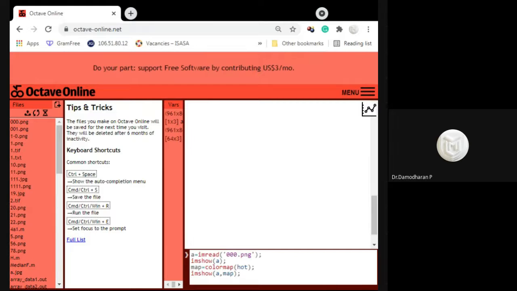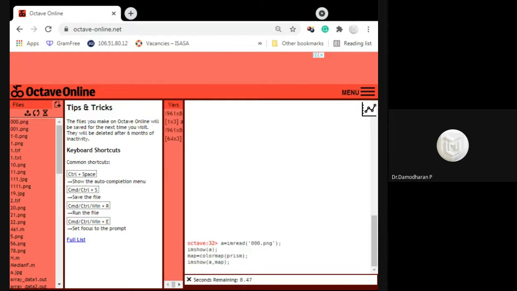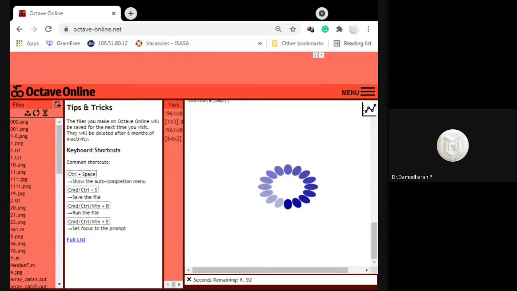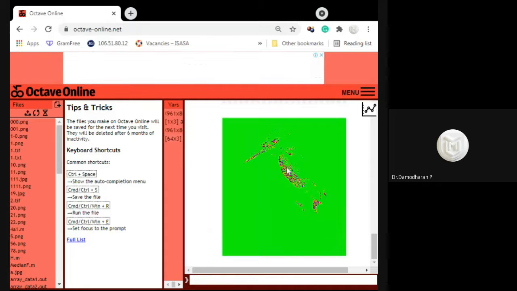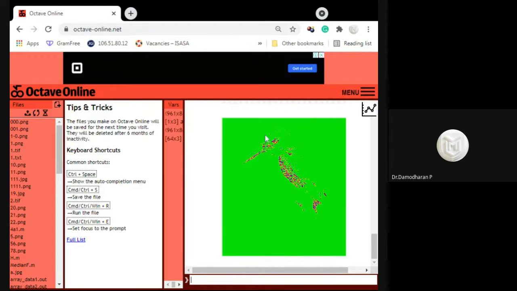Now I'm using a color map called prism. This prism is used to reflect the 7 colors in the image. For a grayscale image, we are able to see 7 colors displayed.